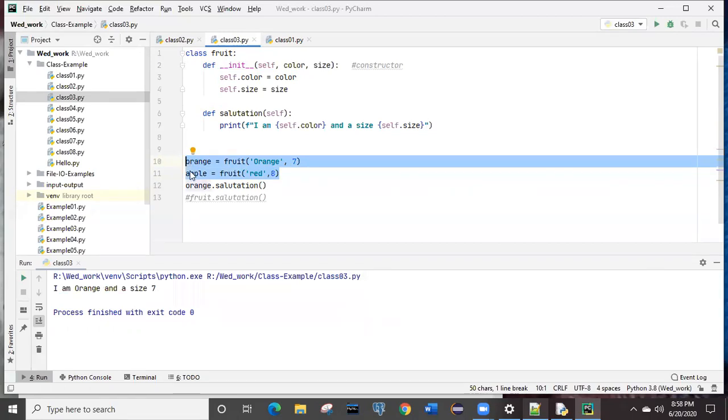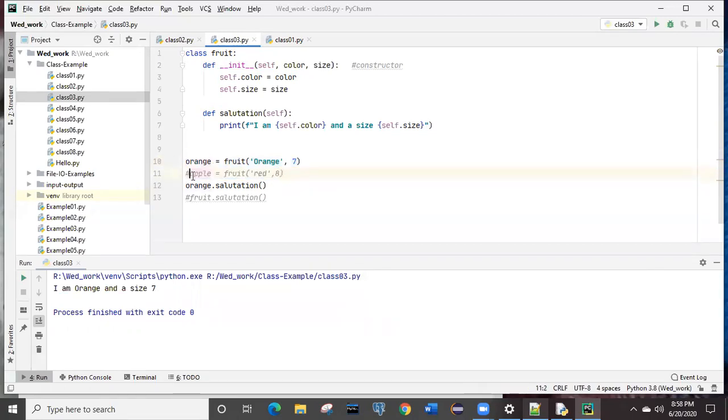Let me comment this one and we'll continue with the first object itself. So whenever we are creating this fruit class object as orange, we are telling that the object color will always be orange, and the value will be 7.